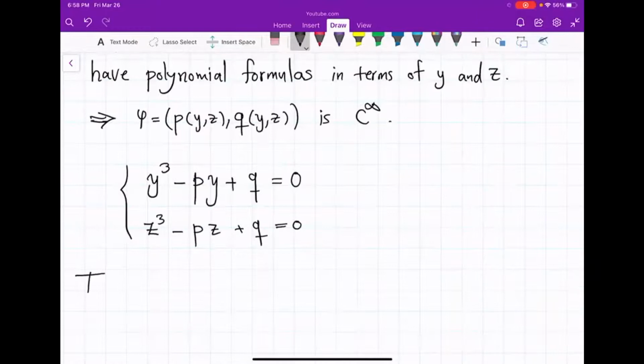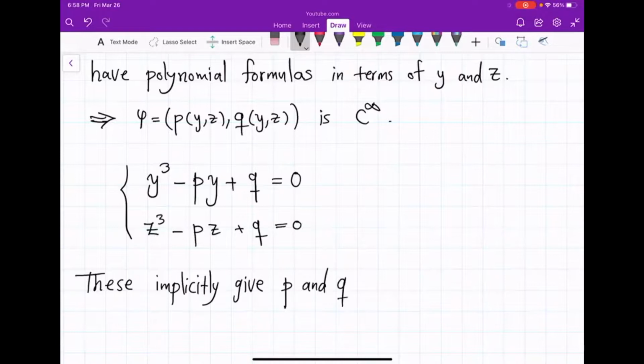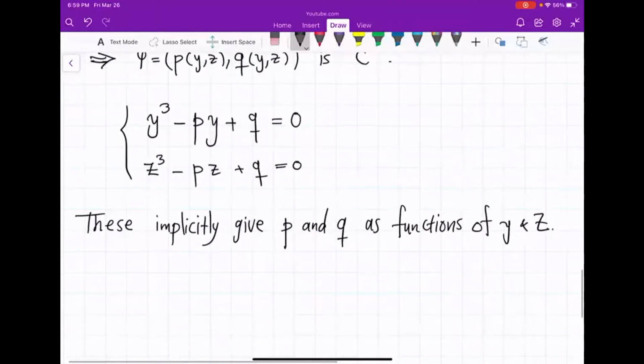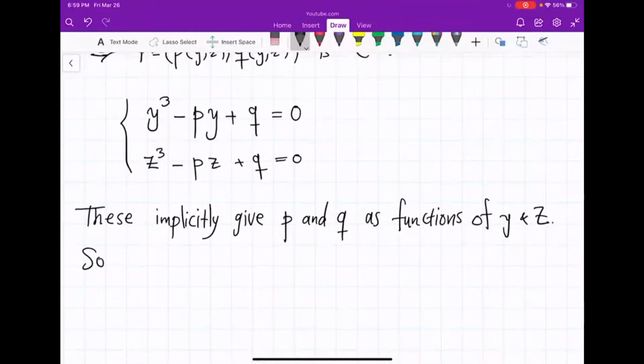So these implicitly give p and q as functions of y and z. So let's take the implicit derivative. Taking the derivative with respect to y and the derivative with respect to z in both equations, on every side of every equation, gives